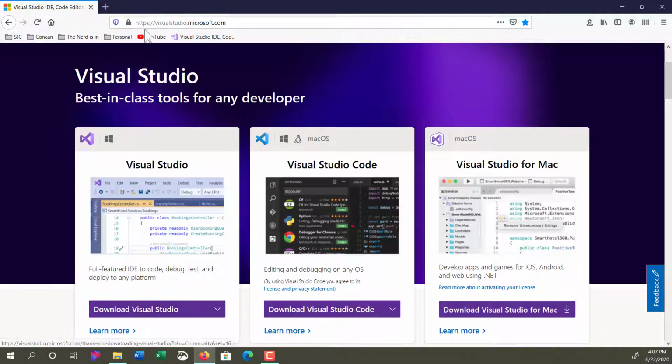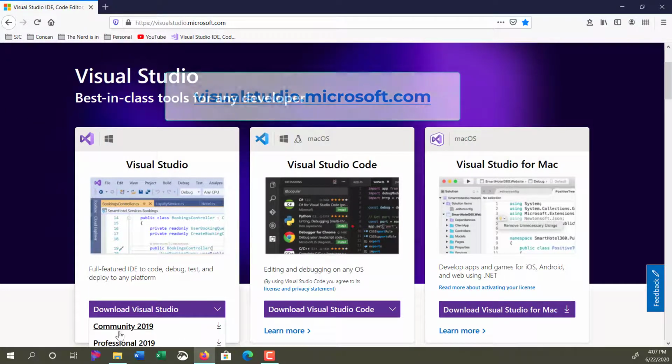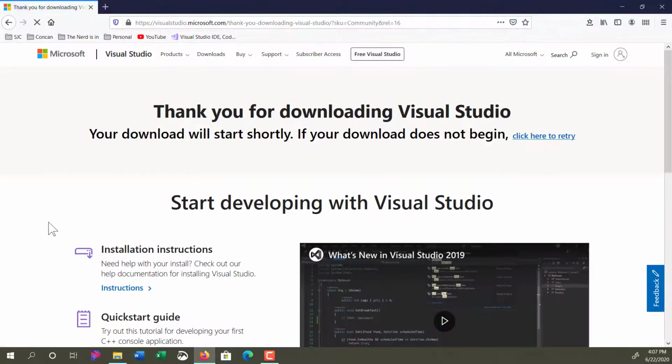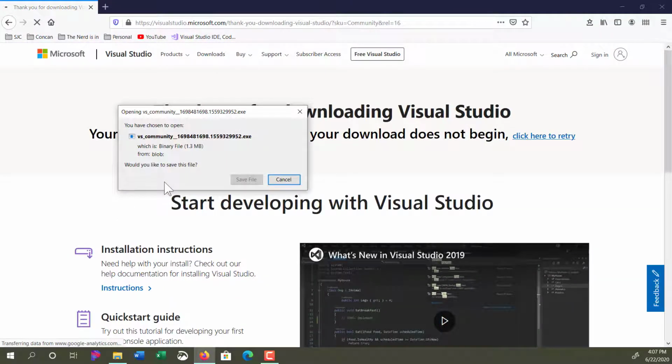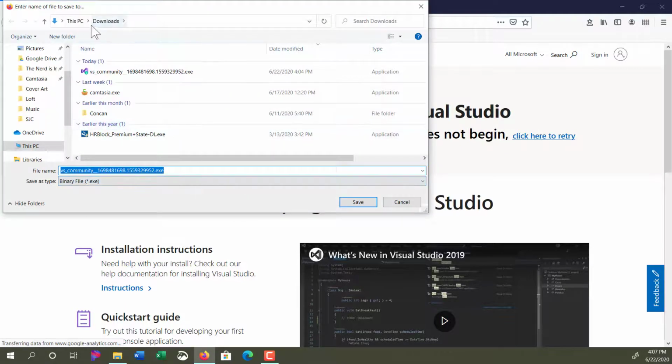So if you go to visualstudio.microsoft.com, you can get to this, click on download, we want Community Edition, and then it should pop up here and say, what do you want to do? And I always like to say save file. I like to save the installer rather than running it. So I'm going to save the file, and see right here by default it's going to go into my downloads